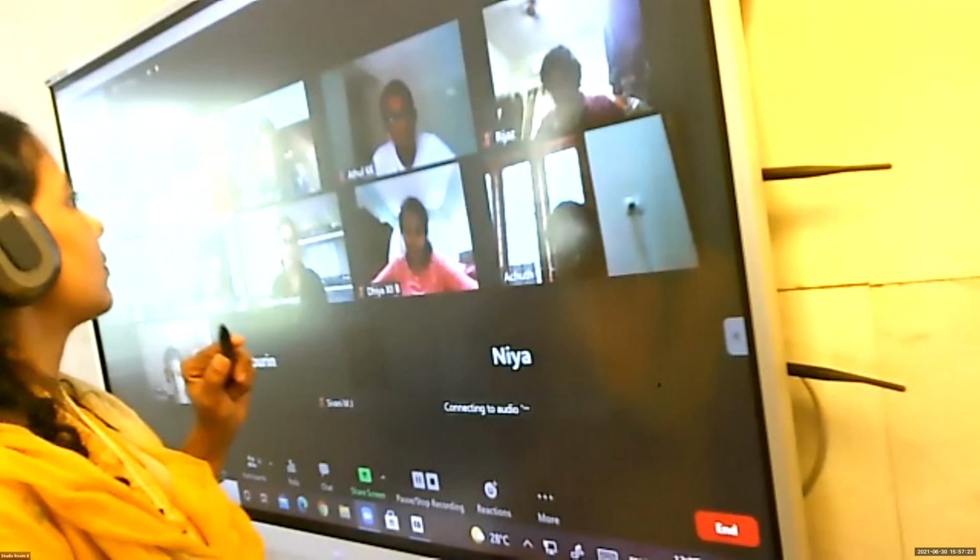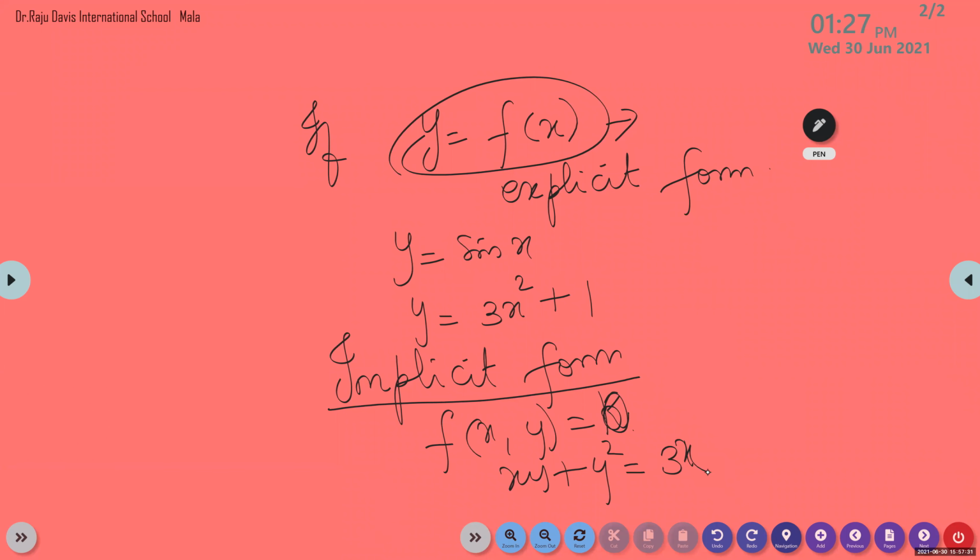I do not understand the implicit function. What is the difference between this function and this one? What is given here? Look here. Here itself you can understand. It is named as y is equal to something. Yes or no? We are writing y is equal to. It is written explicitly. It is clearly understood. But look here. It is a combination. It is a function in x and y. We are not writing in the form y is equal to.